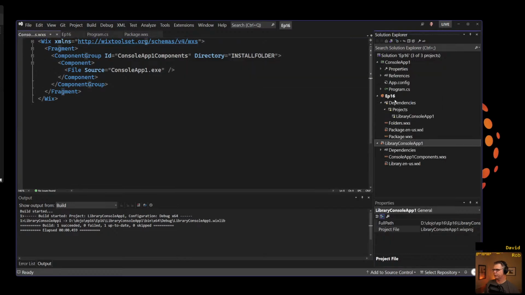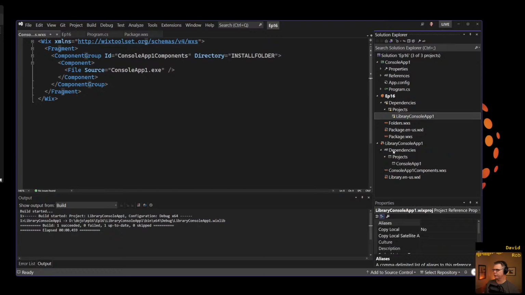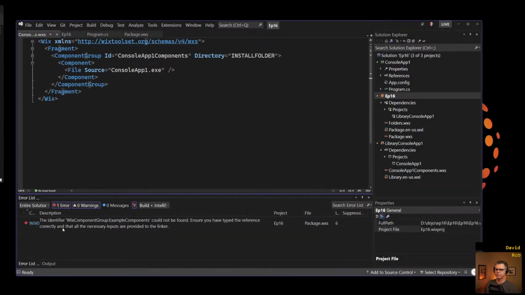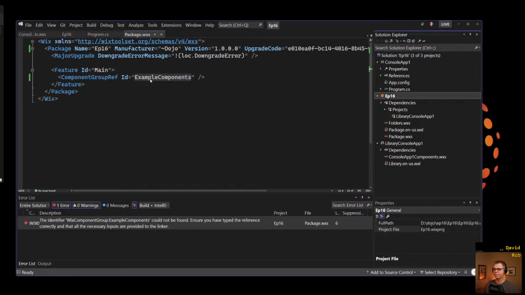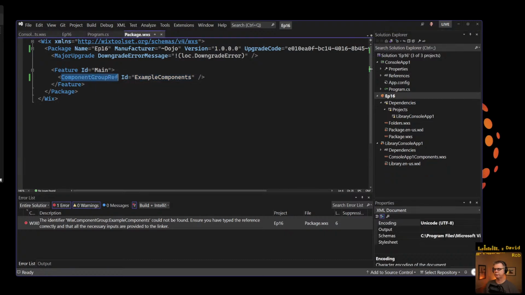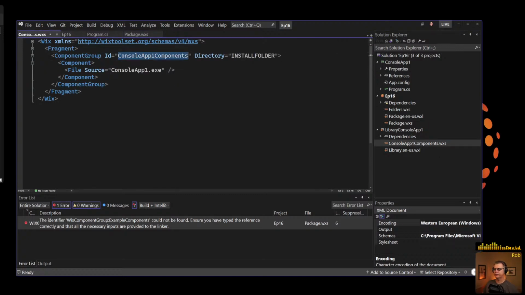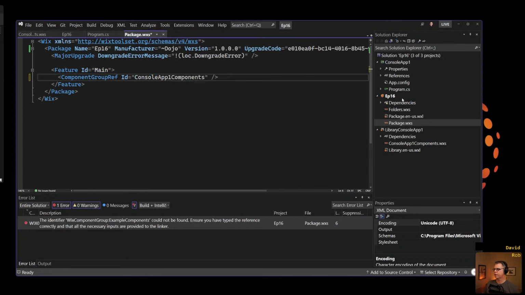And we have a project reference from episode 16 over to the library. And when I build this, example components could not be found. What's this problem? You know what this problem is? I have a component group ref. So this is a ref to the ID example component. Does the example component group exist anywhere? Oh, no, it doesn't. Clearly not. It's right here. Console 1. Yeah, we renamed it there, and we need to fix it here. All right, cool. And when you build,